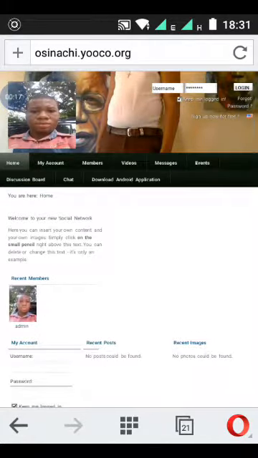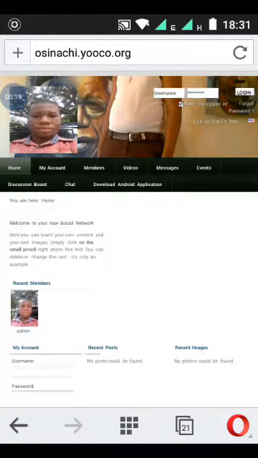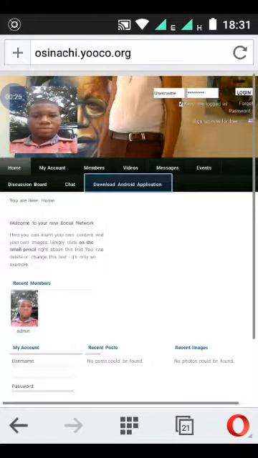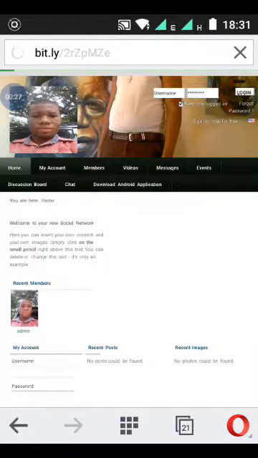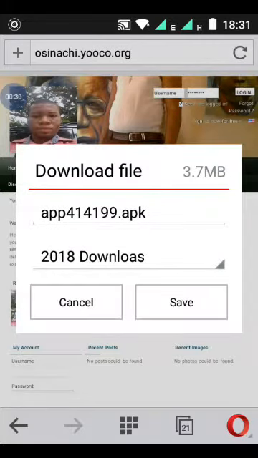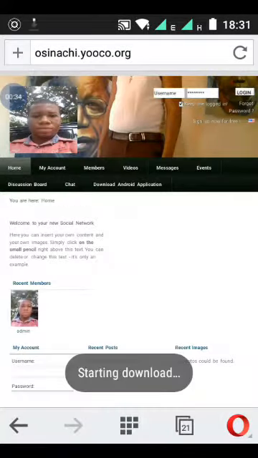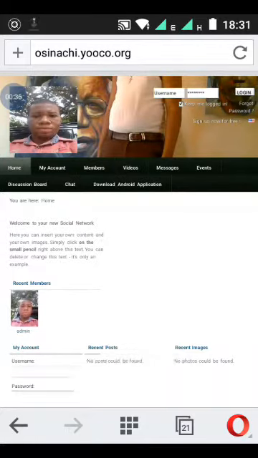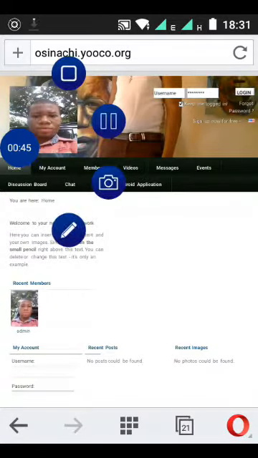All you have to do is go to your browser or on the page. Once you click on download Android application, you click on download application, and it starts loading. You save the application or download it on your device, depending on which. The downloading will be going on. Once downloading is done,